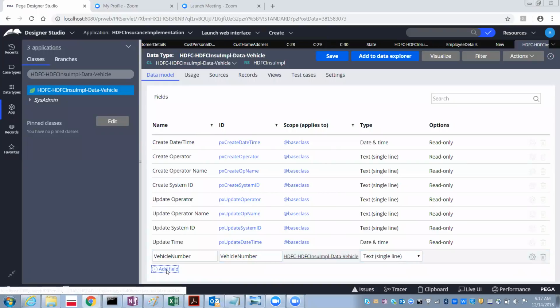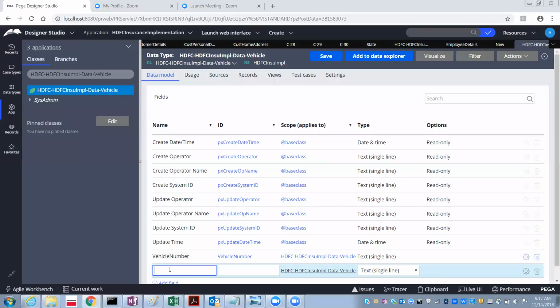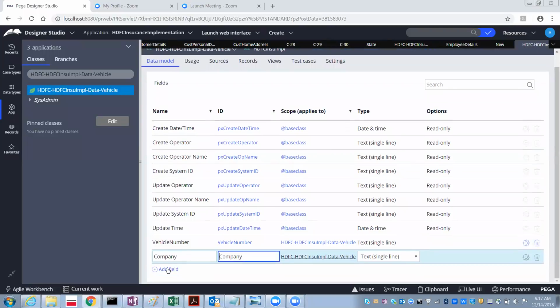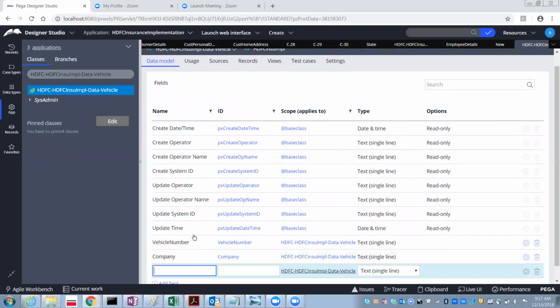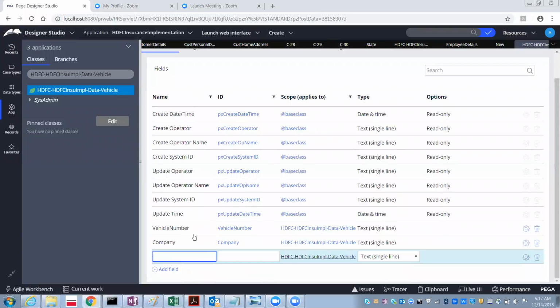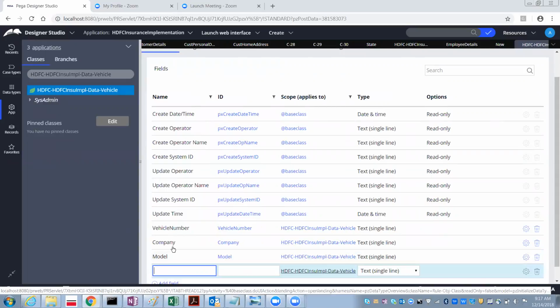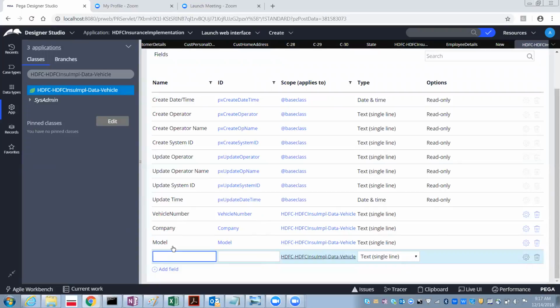After the vehicle number, we will be having something called company, whether it is Maruti or Tata or something else like that, and along with that we will be having the model, under Maruti, Swift or Swift Desire or something else like that. And along with that we will be referring to manufacturing date.